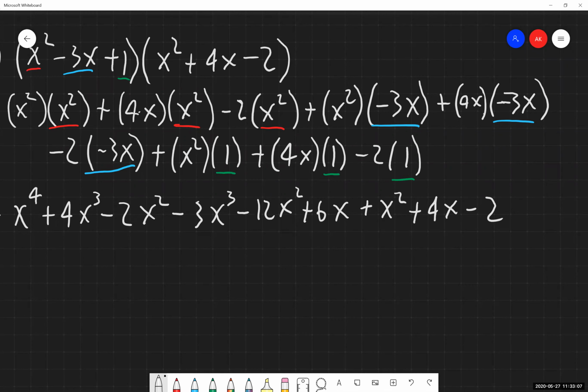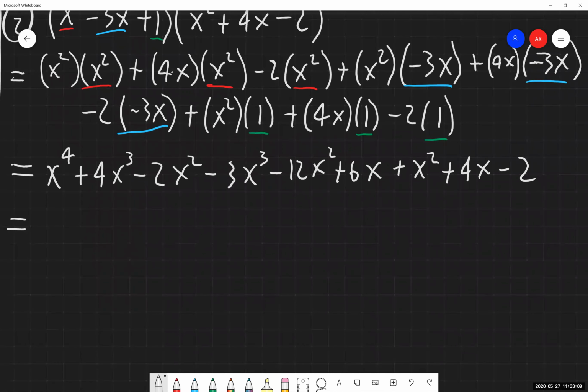4x. So now I am combining like terms where necessary. X to the fourth, I don't have any more x to the fourths in there, so that's fine. I'm just going to leave that as it is. I have 4x to the third. I have 2 of those, 4x to the third here, and minus 3x to the third there. So the variables are the same, the exponents are the same. I can add the coefficients together. 4 minus 3 is going to give me negative 1. So I'm going to have minus x cubed, or minus 1x cubed.